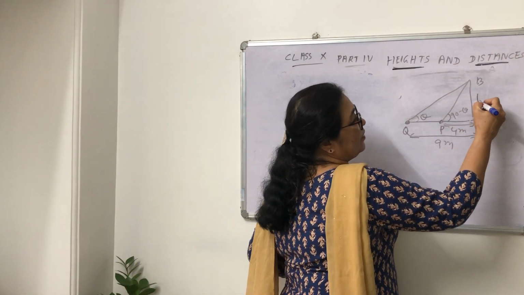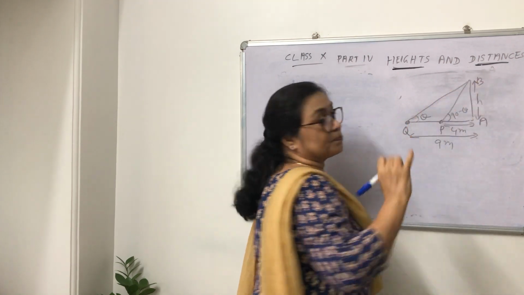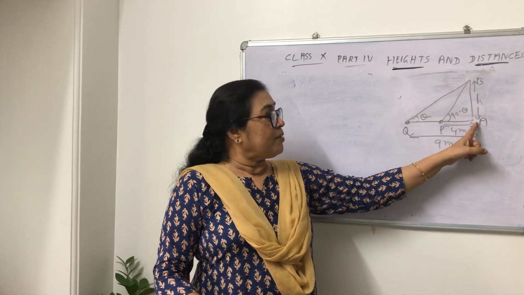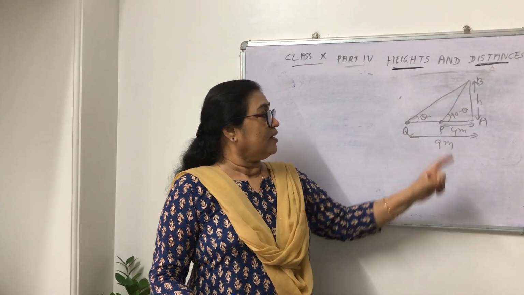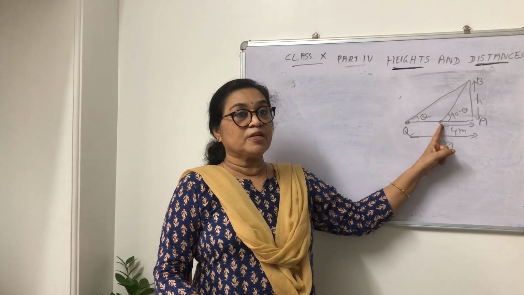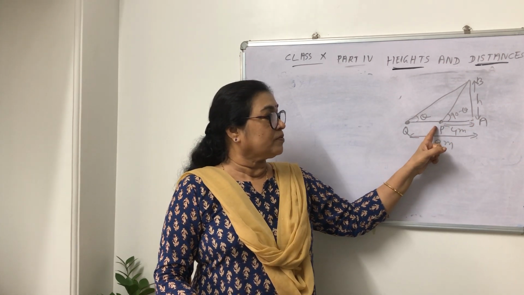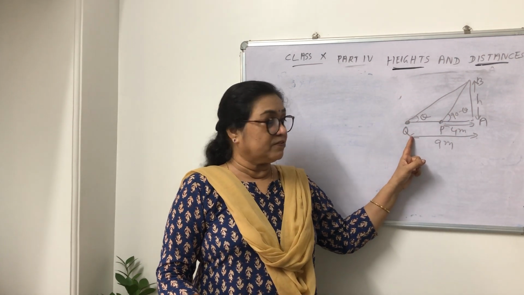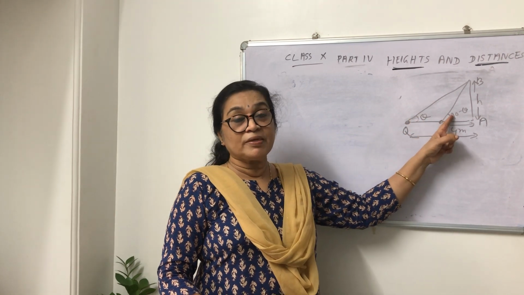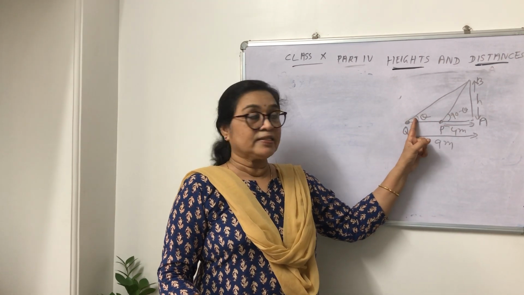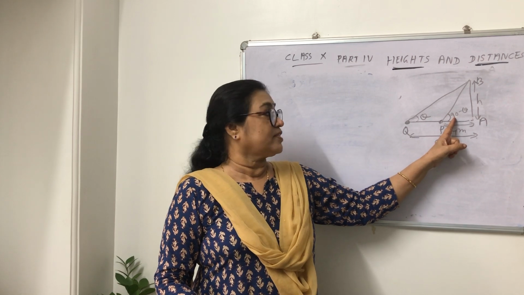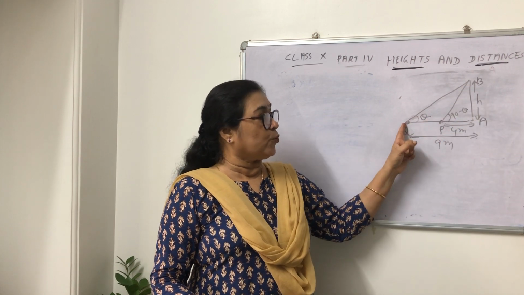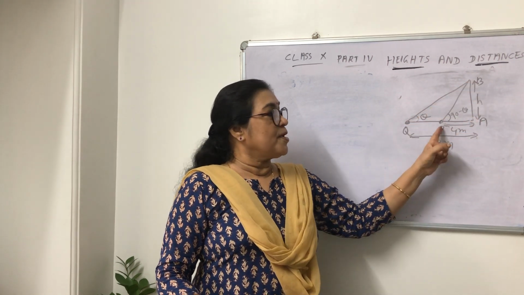So I am taking this tower as height h meter. You know how to write down the description of the figure. Let AB be the tower of height h meter. P is an observation point at a distance of 4 meter from the foot of the tower and Q is at a distance of 9 meter from the foot of the tower. These two angles are complementary angles. One angle we have taken theta, other angle is taken as 90 minus theta. Now you are getting two right angle triangles. One is BAQ and another one is BAP.